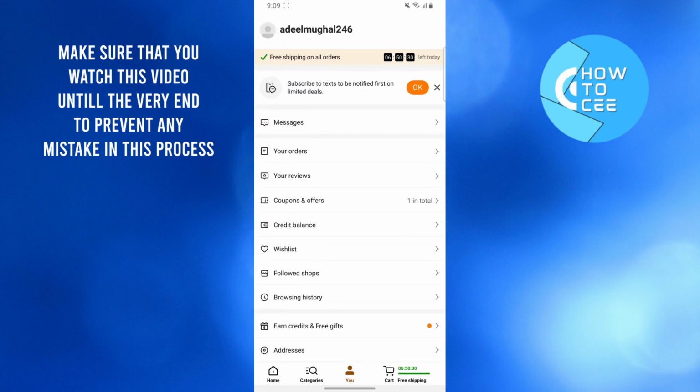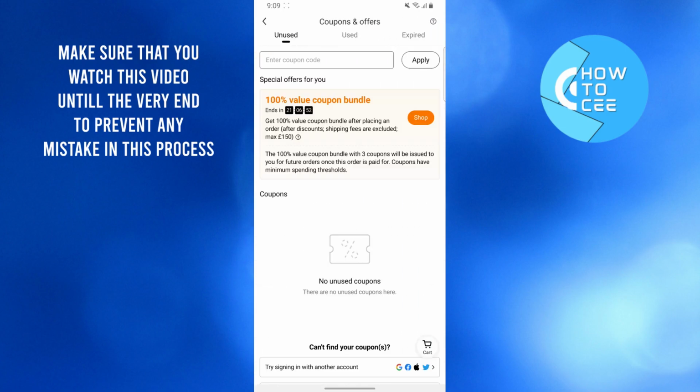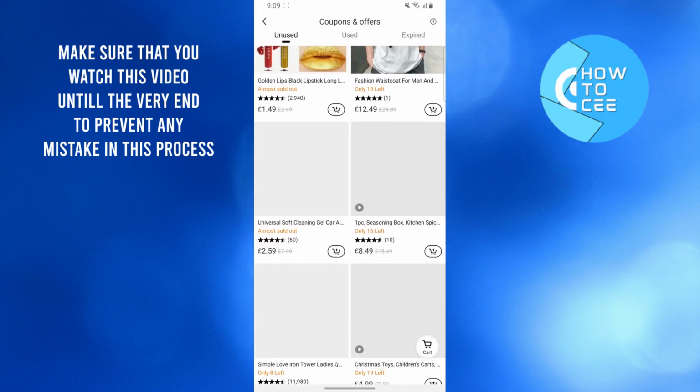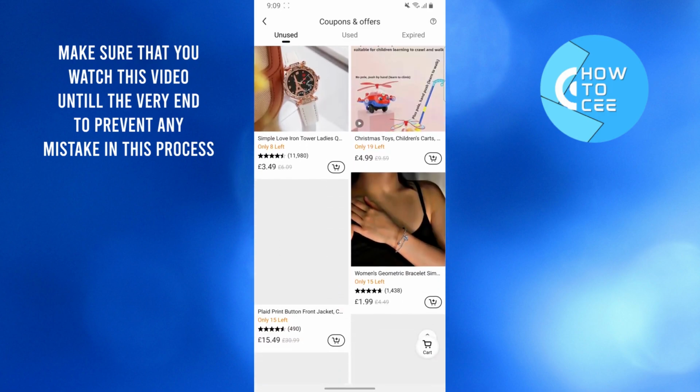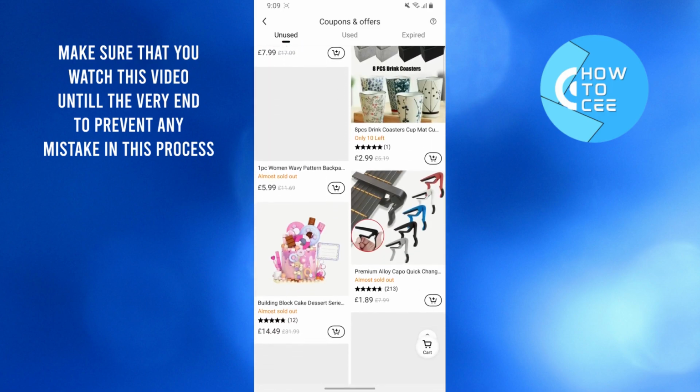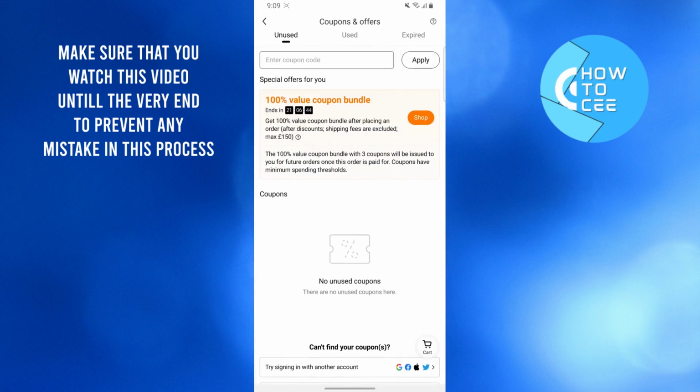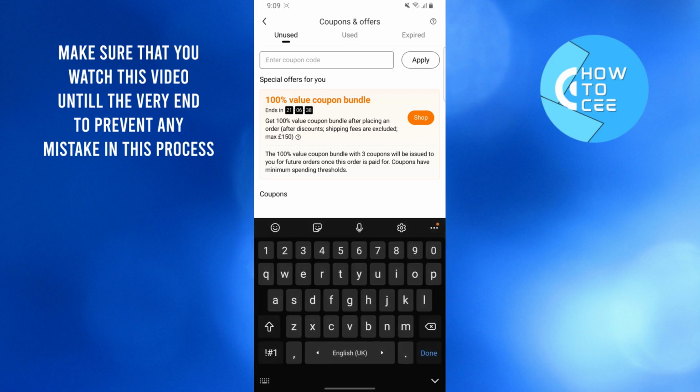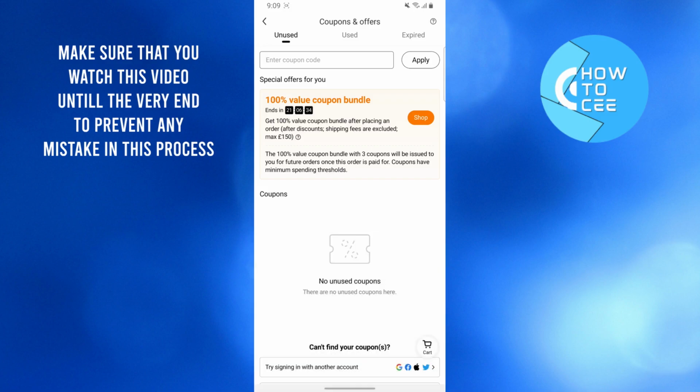and on the drop down menu you will see a lot of options here. So you will see the coupons and offers. You're gonna go there, and there you go. There you can see all the products listed for the coupons, and that's why they're all mostly sold out. And if you have a coupon, you can just enter it here, and once it's done, you'll be good to go. So this is the place, and this is how you can use your